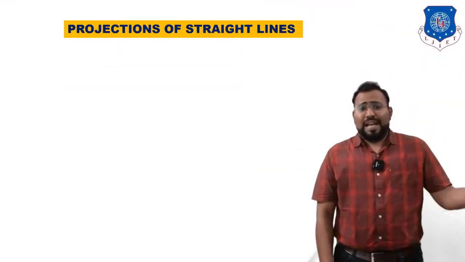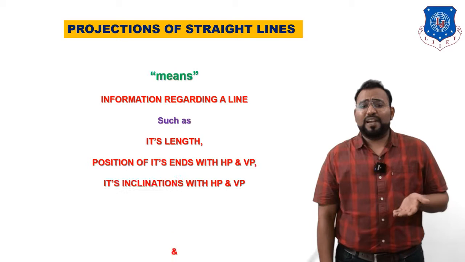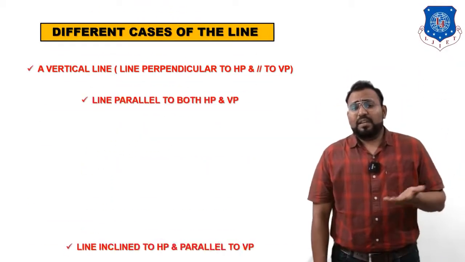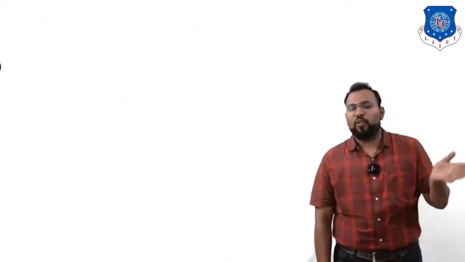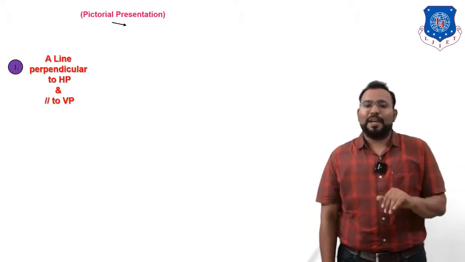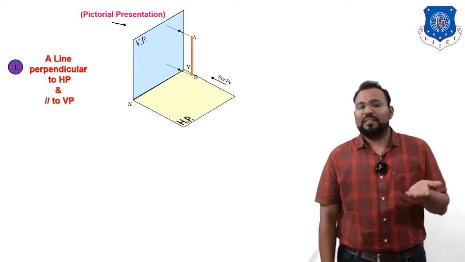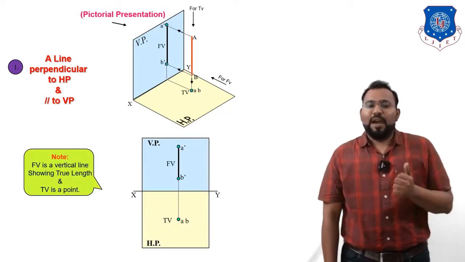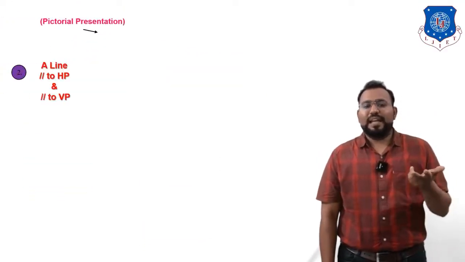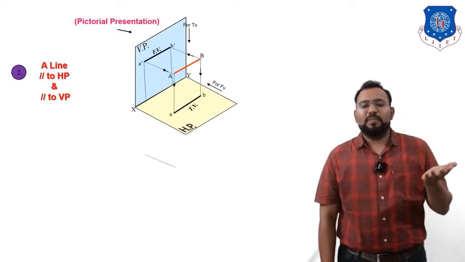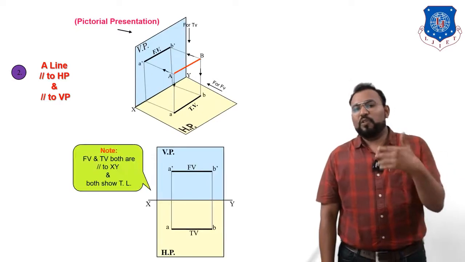In the last video, we first defined what is projection of straight line, and then we saw the different 5 cases like this, which were already discussed. So just see the screen so that you can quickly revise what I have already told you. In the first case, we saw the line perpendicular to HP and parallel to VP. So we saw the line something like this, and the projection of this line looks like this. After that, we saw the second line, which is a line parallel to HP and VP. We have also seen the projection of this line, which looks like this.